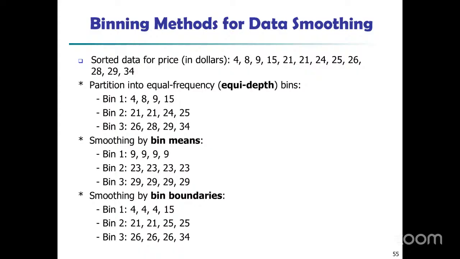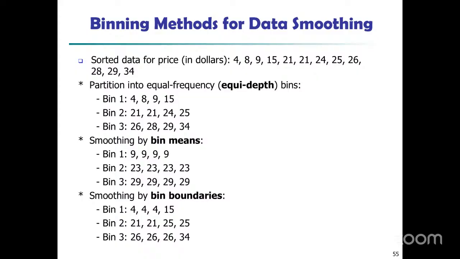When we talk about the binning method for data smoothing, we have sorted data for price, in dollars. These are the sorted price values: 4, 8, 9, 15. Partition into equal frequency: in bin 1 we have 4, 8, 9, 15. Each bin contains 4 values: the first 4 values in bin 1, the next 4 values in bin 2,